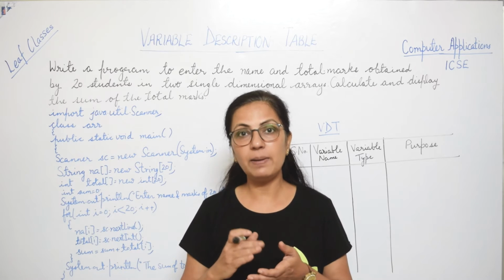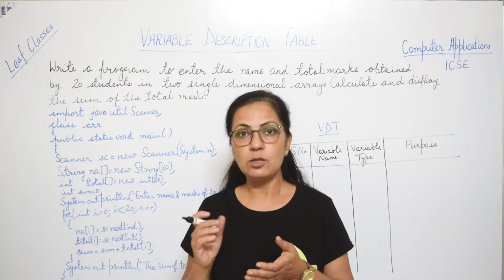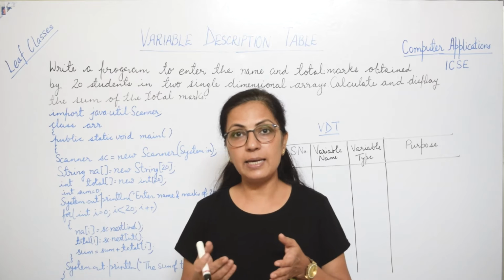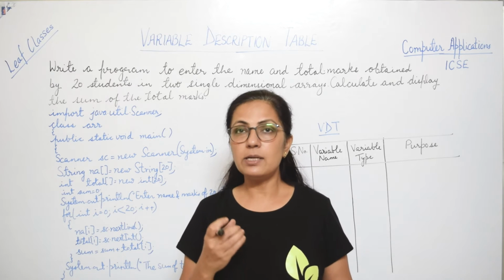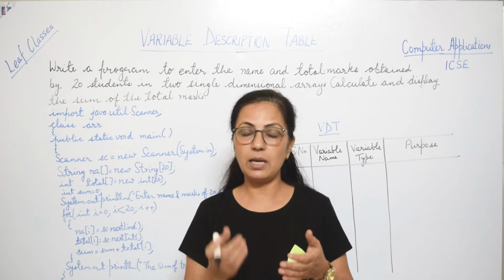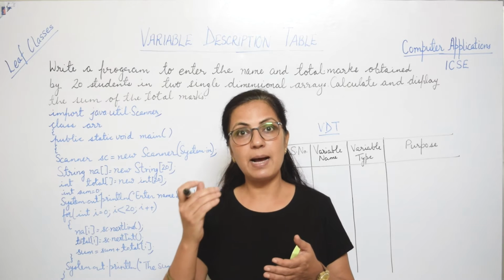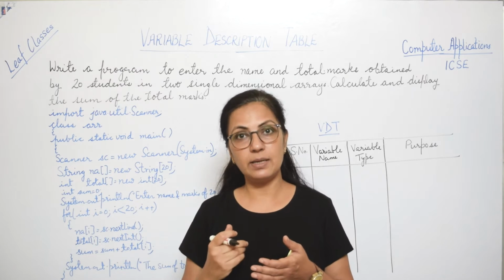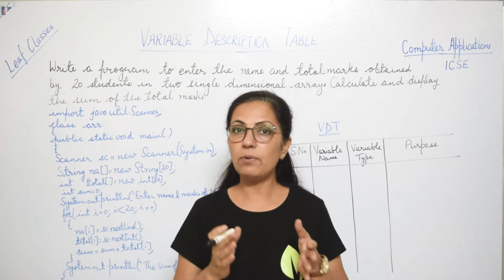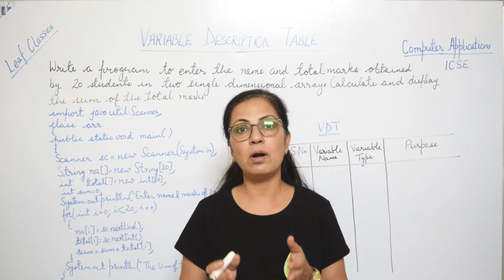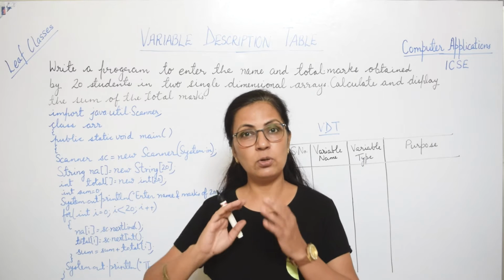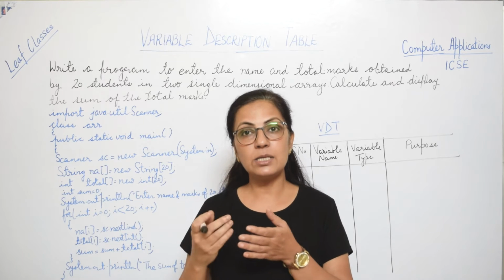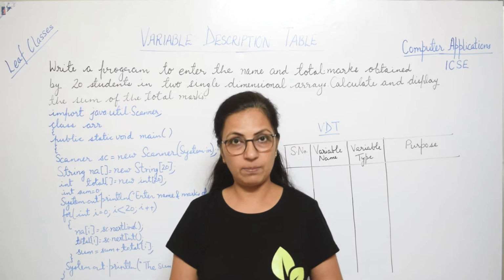Like for name, it cannot be int or float or double type. So name has to be string type. Similarly, total marks, we can take int or double, it is up to us. Now children, whenever you see any mark sheet, you will see that the marks are written in integer type only, right? But the percentage is calculated in double type. So when we do the programs, they are based on our daily life problems. So you can just correlate with that and then take the decision which type of variable it can be, okay?